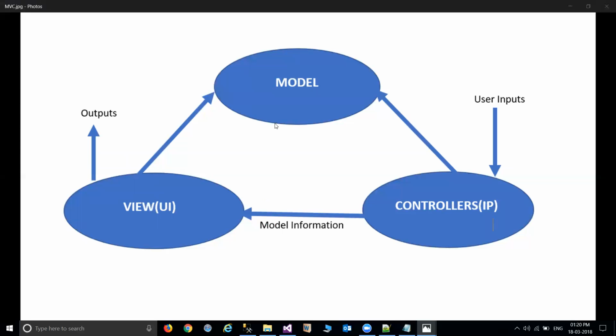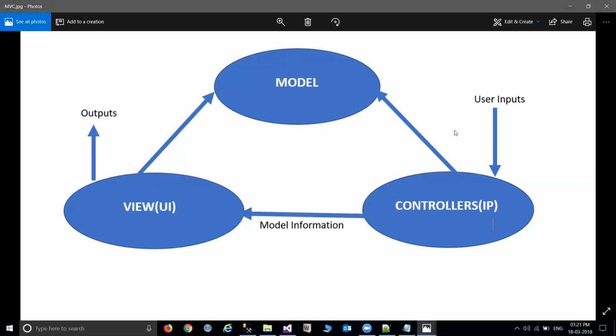As I told you, MVC combines the business logic, database operations and the user representation, the UI aspects, into a single pattern called MVC. So this is my model, this is my view, and this is my controller.